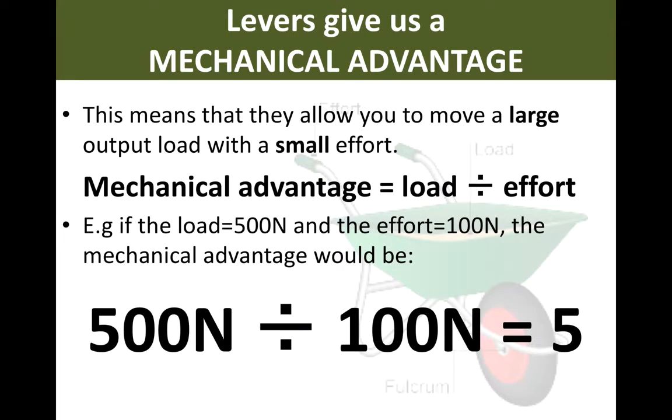Now, levers give us what's called a mechanical advantage. In other words, they allow you to move a large output load with a small effort, and this mechanical advantage can be calculated by dividing the load by the effort. So for example, if you've got a 500 Newton load and it only takes 100 Newtons to lift it up, then you've just gained a mechanical advantage of 5. Okay, because the load's 500, the effort is 100, so you've just done 5 times the work thanks to the